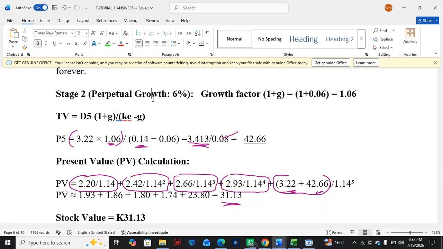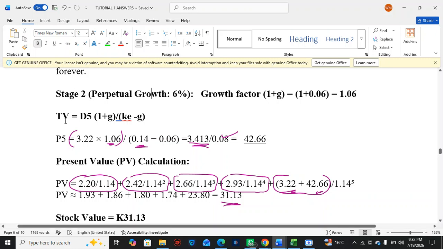But even if they bring a question for the constant growth model, the constant growth model is the same as this one. If they tell you, okay, a company is expected to pay a dividend growing at 6% into the foreseeable future, calculate the value of the share. When you just see one dividend growth rate, a constant growth rate, you also use this formula. So two scenarios, okay, madam? When there's only one growth rate,